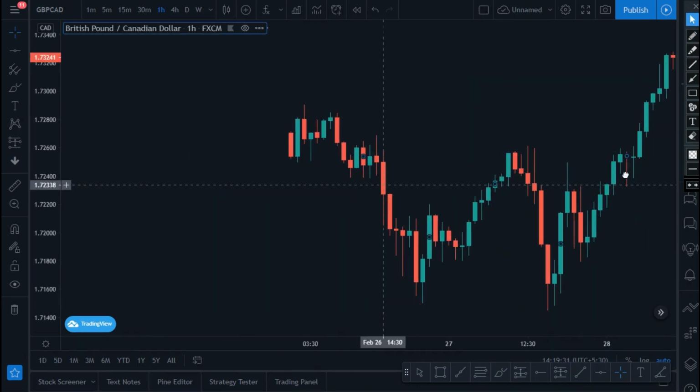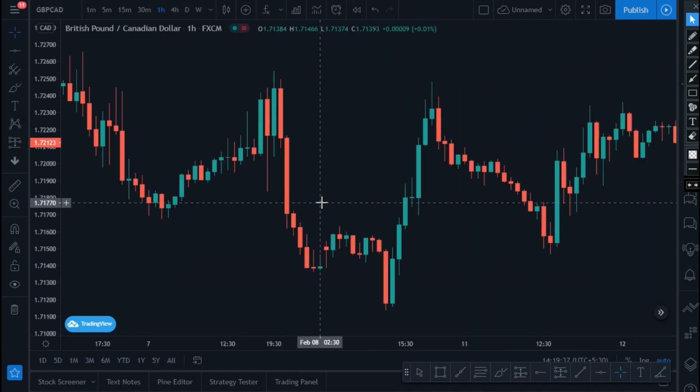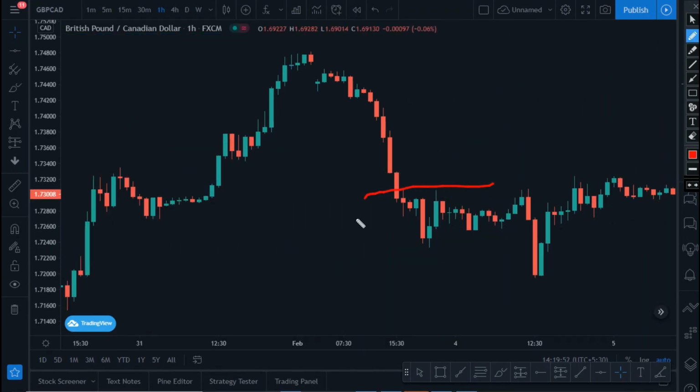It will happen so many times. I'm going to give you another example. You can see in front of your eyes how this strategy works, and this strategy works for everyone, those who are beginners and those who are experts. They can use this strategy and make much profit. Right now, did you notice I am on this particular area? I really don't know what will happen next. So I will wait, because this area is a support and this area is a resistance. I will simply wait for the breakout to find a good opportunity.